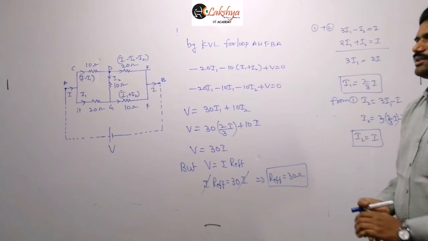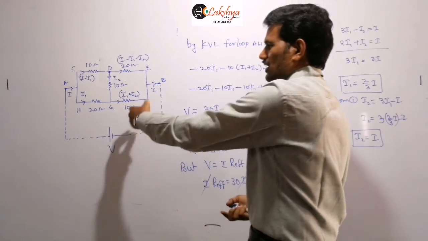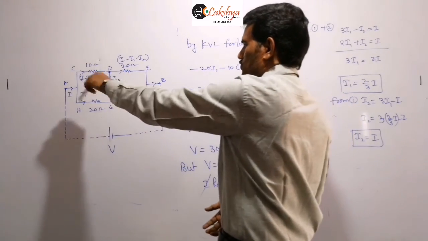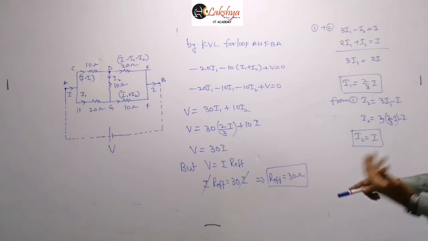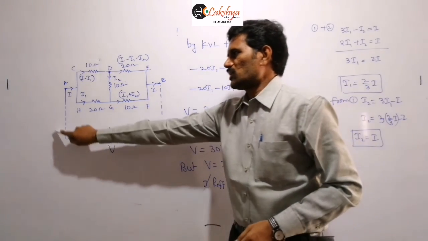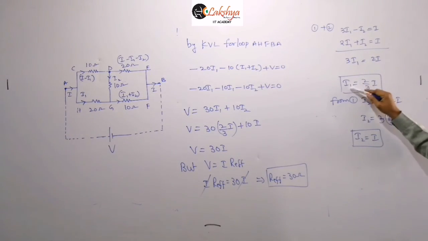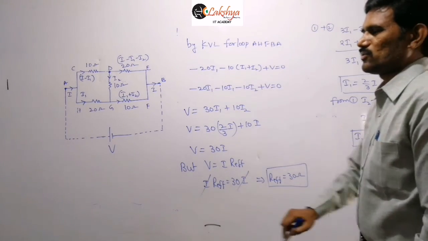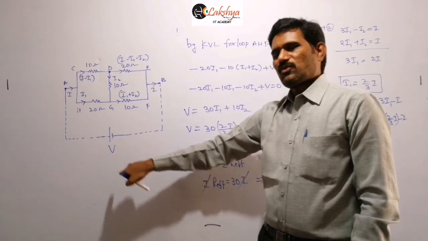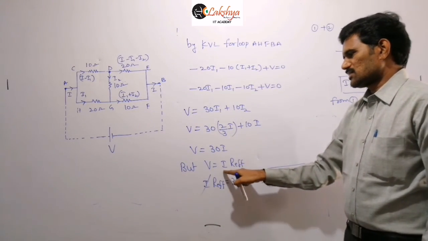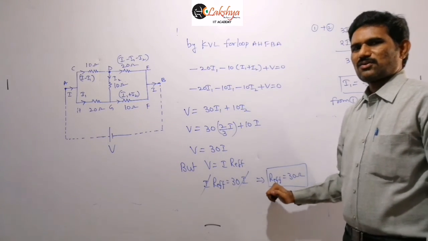So that is a way of finding the effective resistance with the help of the Kirchhoff law. We just need to assume one imaginary cell is connected here, and then take the current distributions in the given circuit, and find I1, I2 or I3, any variable values in terms of the total current. Here we are assuming the total current as I. After getting those values, finally we apply the Kirchhoff law including this imaginary cell, and for this cell we replace the EMF as I into R effective. By replacing this, you can calculate the R effective value of the circuit.